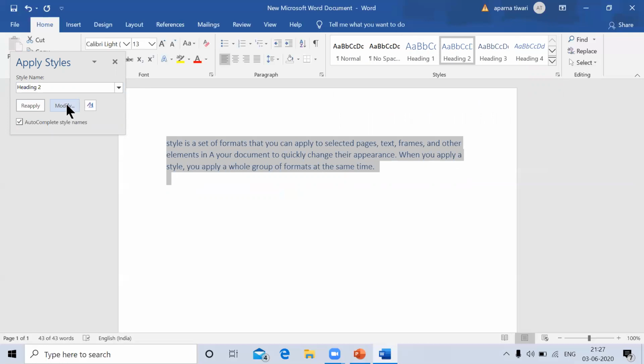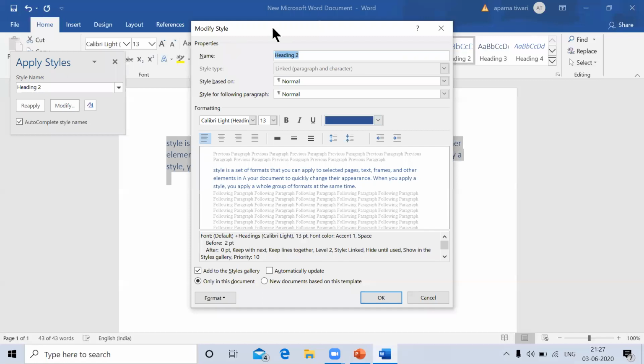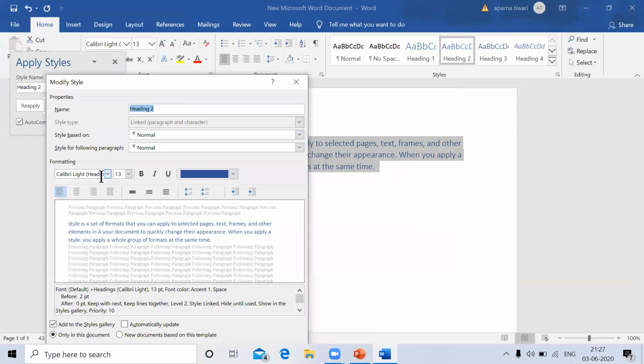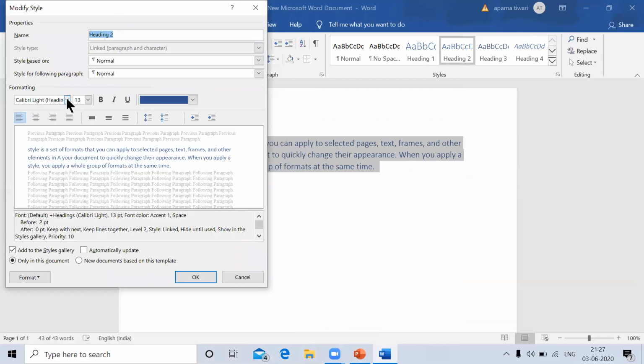And again, if you want to modify something, click on the modify button, and here all the properties related to that particular style are given. The name of this style is heading. Formatting: in this option you can see the font type, Calibri, 13 is the size, and color is also given.